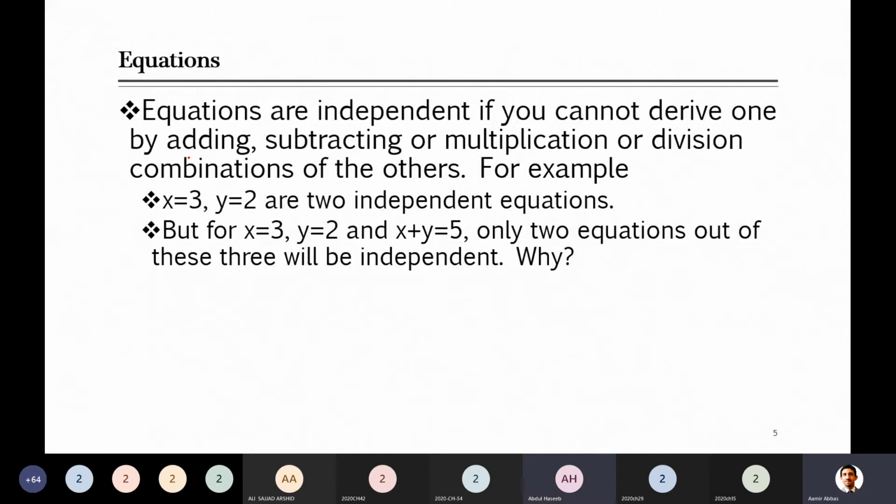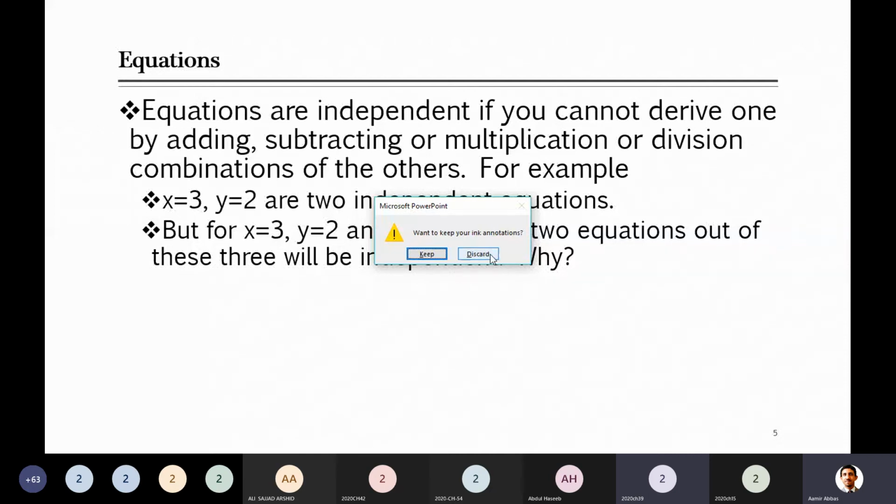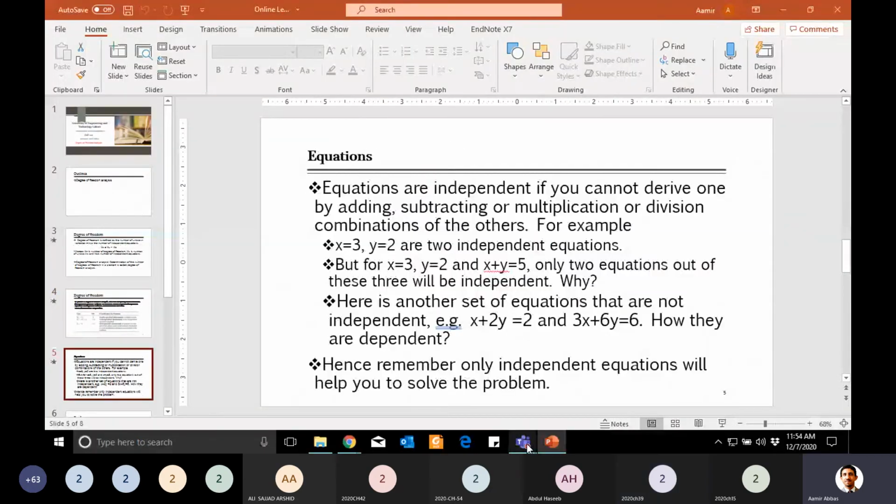सर मतलब x को x plus 2 करेंगे तब 5 आता है। Yes, simply, my first equation is x is equal to 3, my second equation is y is equal to 2. If I just add this x and y, then the left side of the equation as well as the right side of the equation, I will get x plus y is equal to 5.